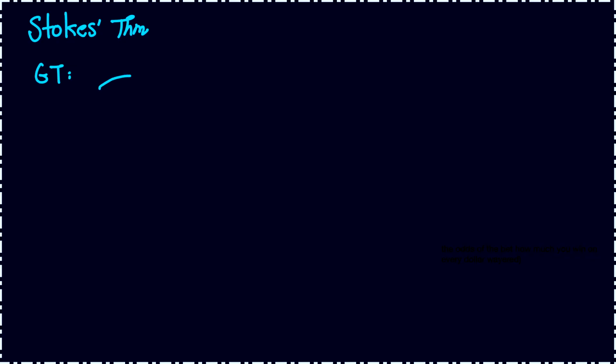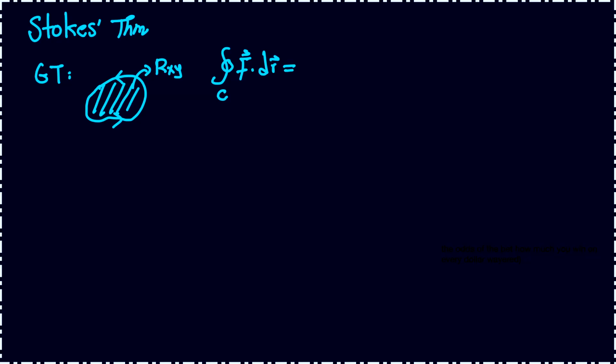Okay, so here is a positively oriented curve enclosing a region in the xy plane. Then Green's theorem says that the line integral, which you can interpret as work of the vector field, is the same as the double integral over the region bounded by the curve of the curl of f